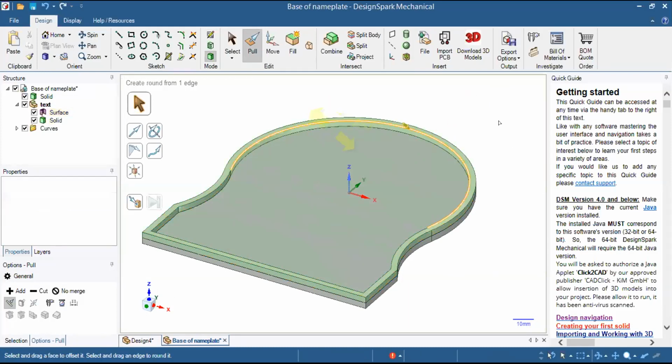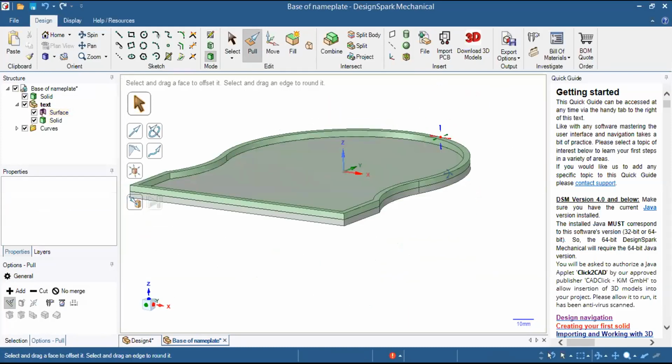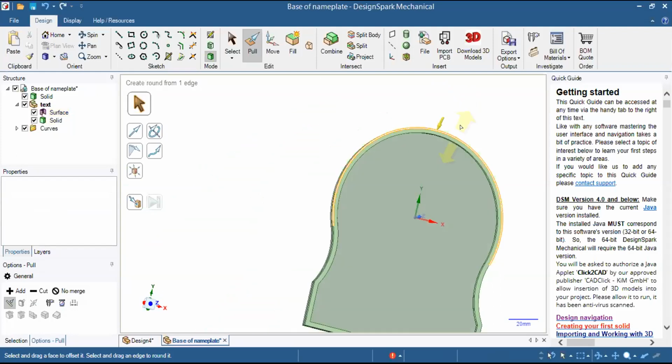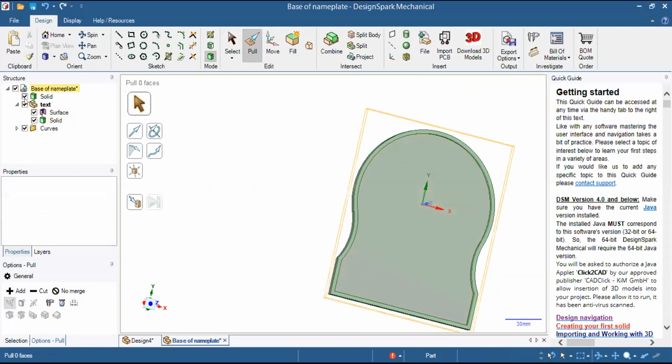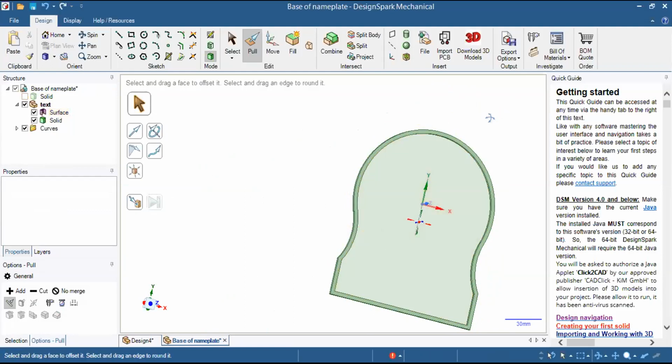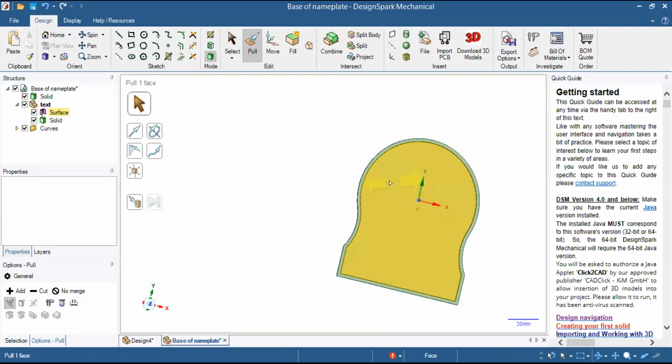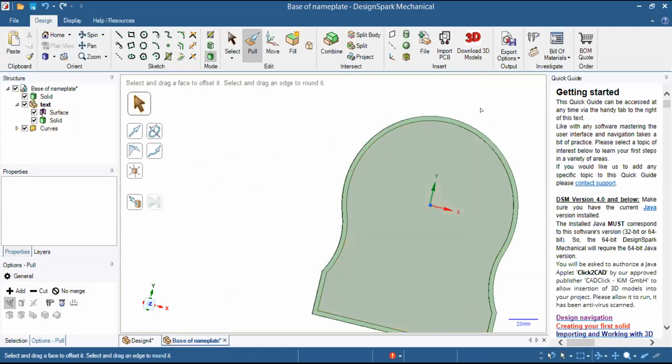This is something which has created a similar shape like in the earlier design we have done. But the thing to be observed is, if I disable the solid, then only this command is being seen. Now what I need to do is I need to generate the text, right? Like earlier we have done. So we will do it in a similar way.